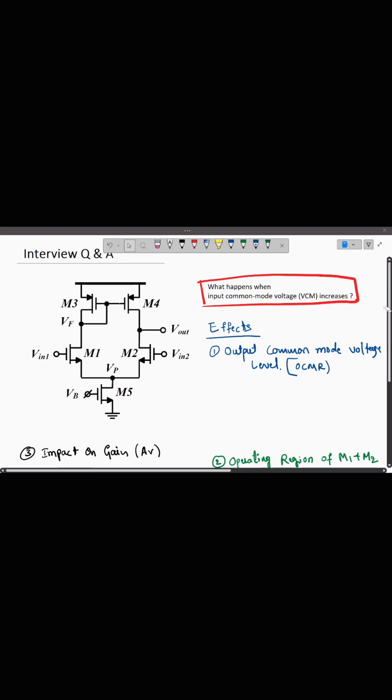Let's assume a 5T OTA, which is mentioned in the left side diagram. In this particular diagram, the input is given to the MOSFET M1 and the MOSFET M2. So when we give the input voltage and this input is increased from the existing level to a higher level, because of this, your output voltage will start decreasing